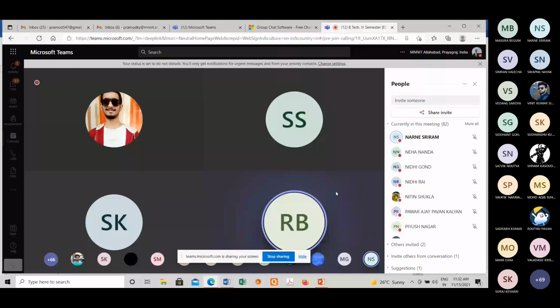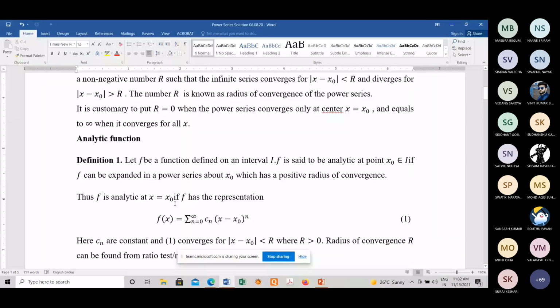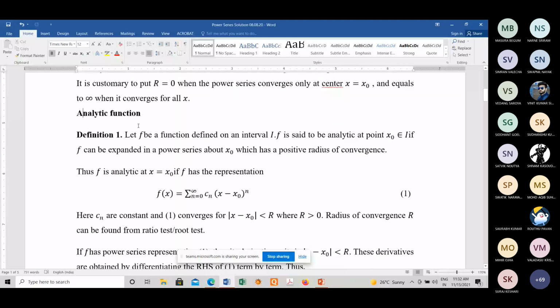So the next question: whether every differential equation can have a series solution? It was my question whether every differential equation has a series solution. The answer is no. Because we can find the series solution of a differential equation only under some limitations. So what are the limitations? That is going to be discussed here. That's why I asked the question, so that you can understand why we are going to study the next part. The next point is the analytic function.